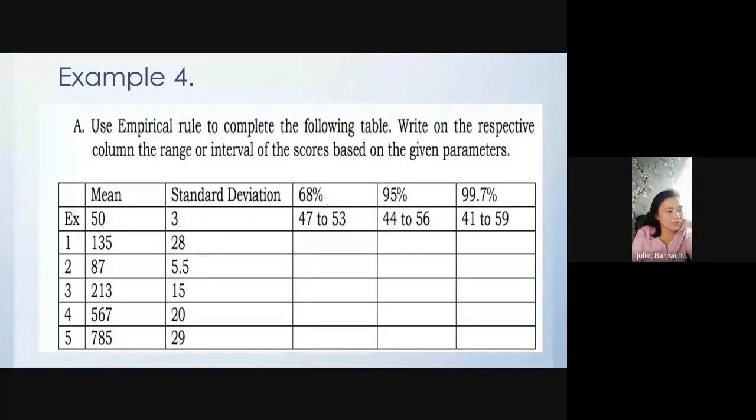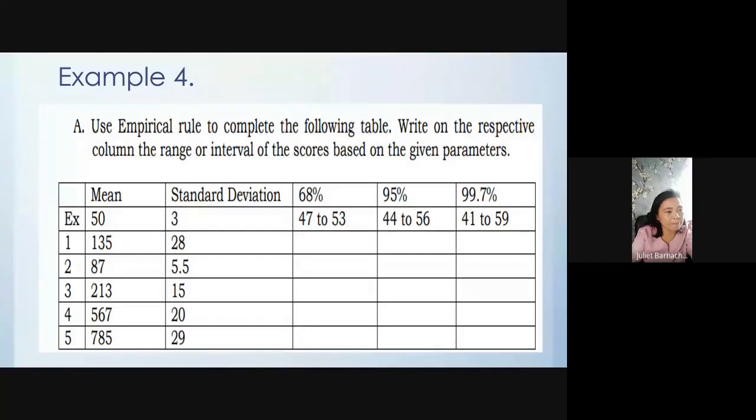So, ang 68%, syempre since ang standard deviation niya ay 3, magpa-plus 3 lang siya sa kanan, magma-minus 3 naman siya sa kaliwa. That's why 47 to 53. Pag 95,